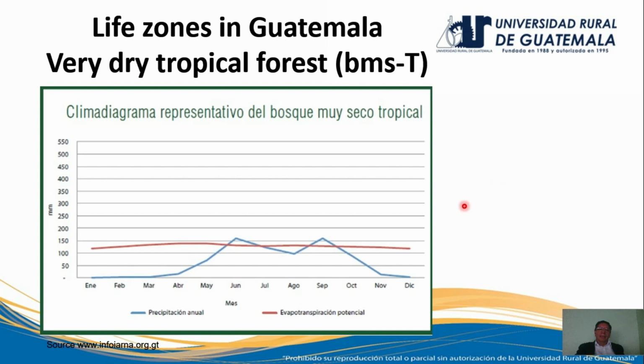So we can see here that the blue graphic is between the values of 0 and 150 millimeters by year. It occurs between the months of March and November. It means that we only have 150 millimeters of rain per year